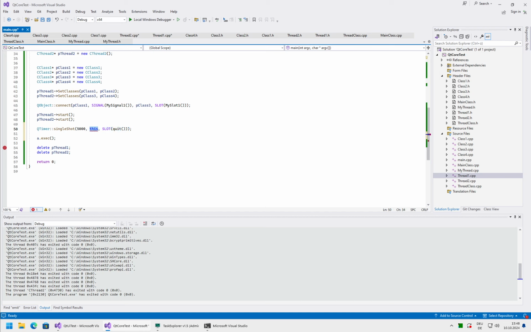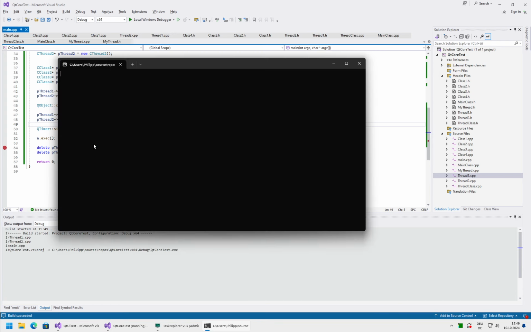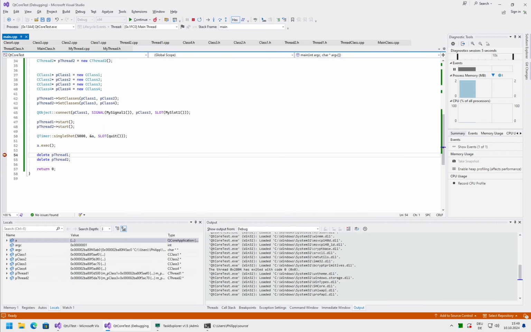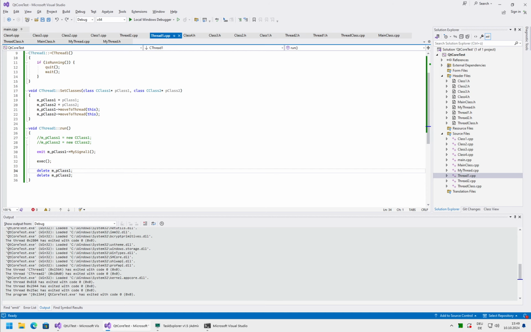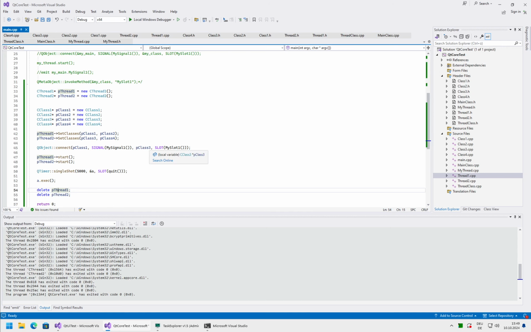Okay, so this should quit after 5 seconds, and as soon as it quits, it will terminate the other threads as well. Yeah, and everything is closed. Okay, so